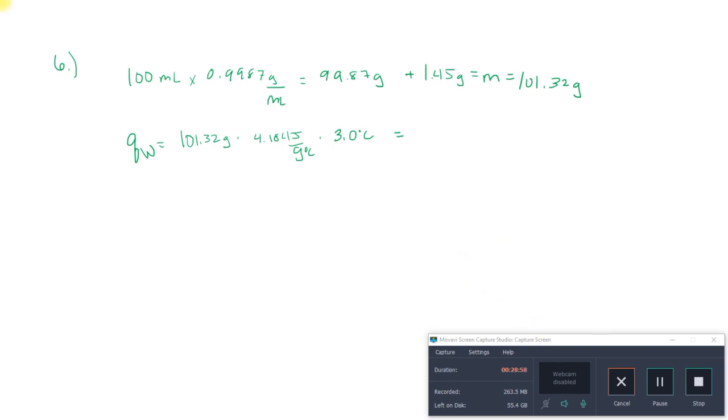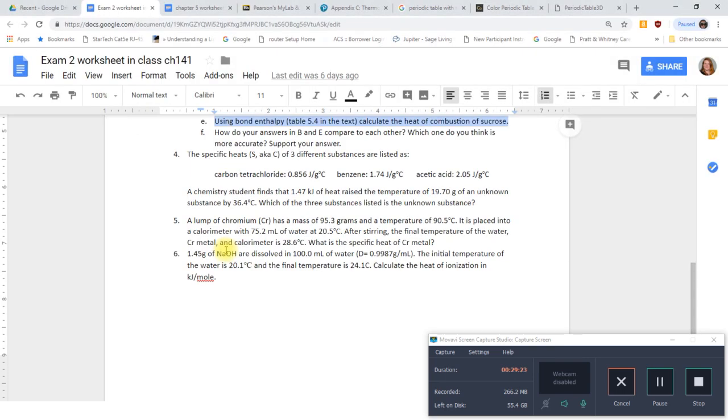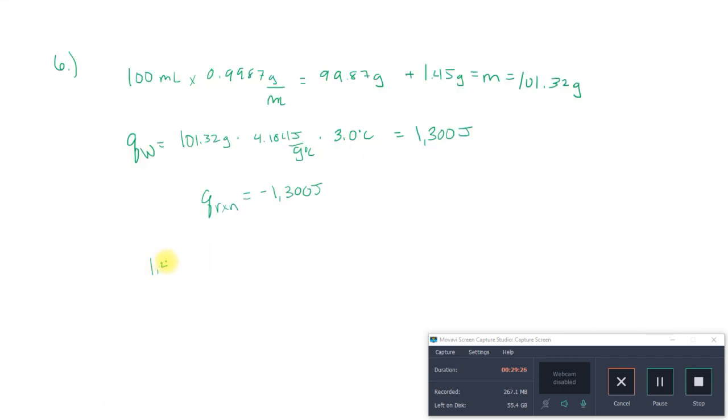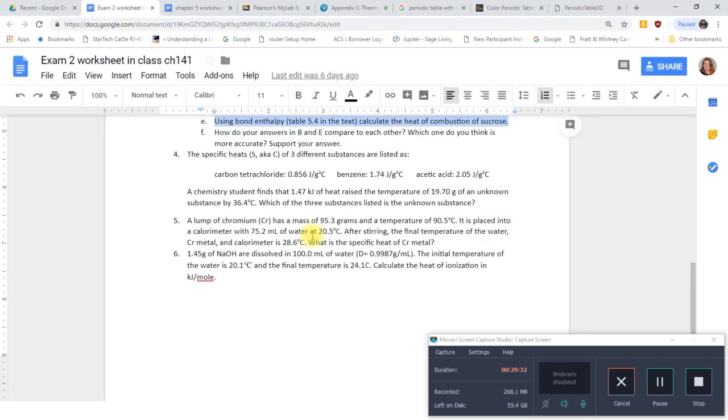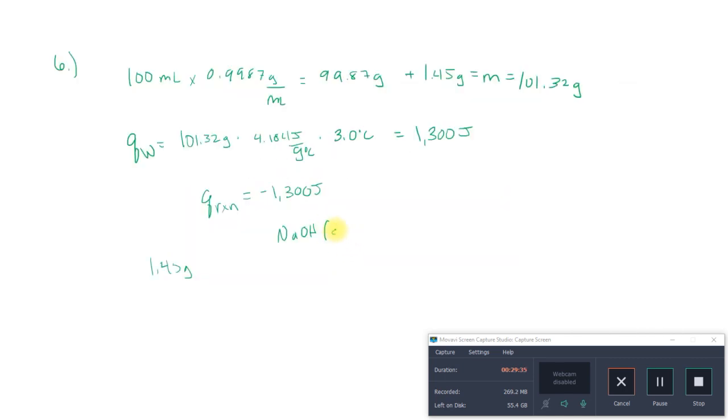So we get 1,271.7 out of the calculator. I'm going to go ahead and put just 2 sig figs because the temperature has 2, so it'll be 1,300 joules there. So the Q of the reaction is going to be the same thing but opposite. Okay. And it tells us to calculate it in terms of kilojoules per mole of water formed. So to figure out how many moles of water are formed, I'm going to base it on the solid here. And the reaction that's occurring is just, oh, it's not going to be per mole of water, it's actually going to be per mole of